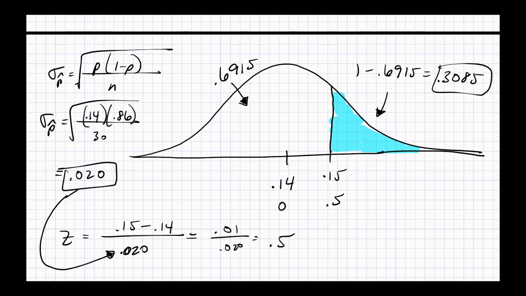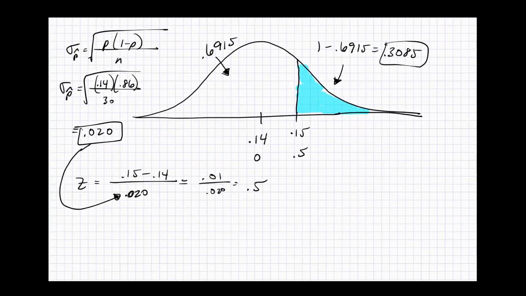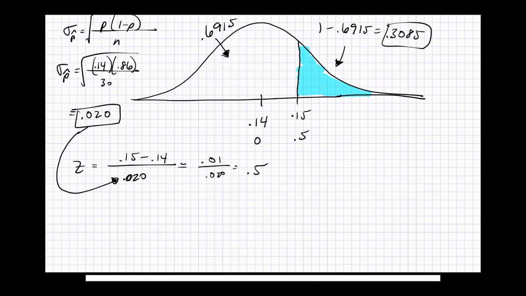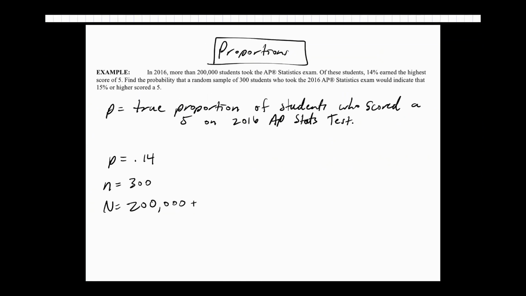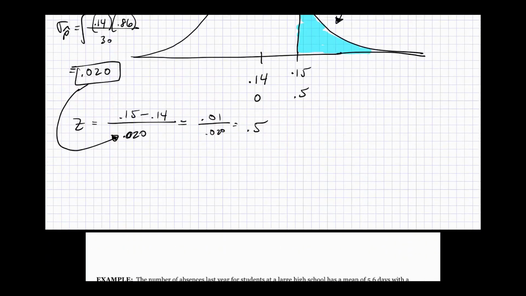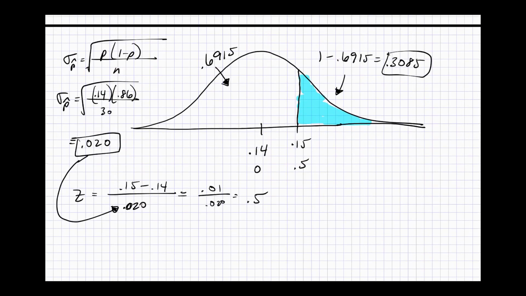Last step, summarize the answer in words. In order to summarize the answer, you just answer the question. The question said, what is the probability that if I took a random sample of 300 students, 15% or more of them would have a 5? There's a 30.85% chance that 15% or more of the 300